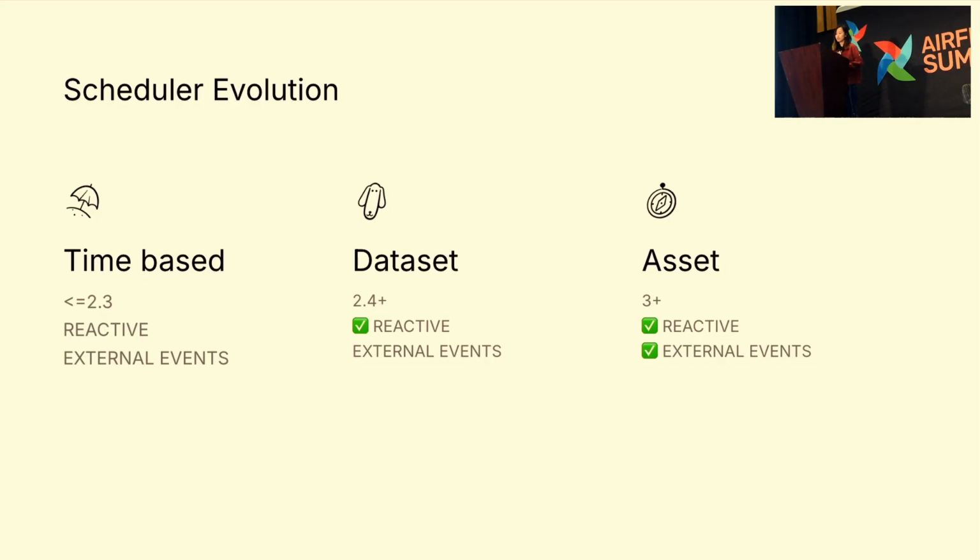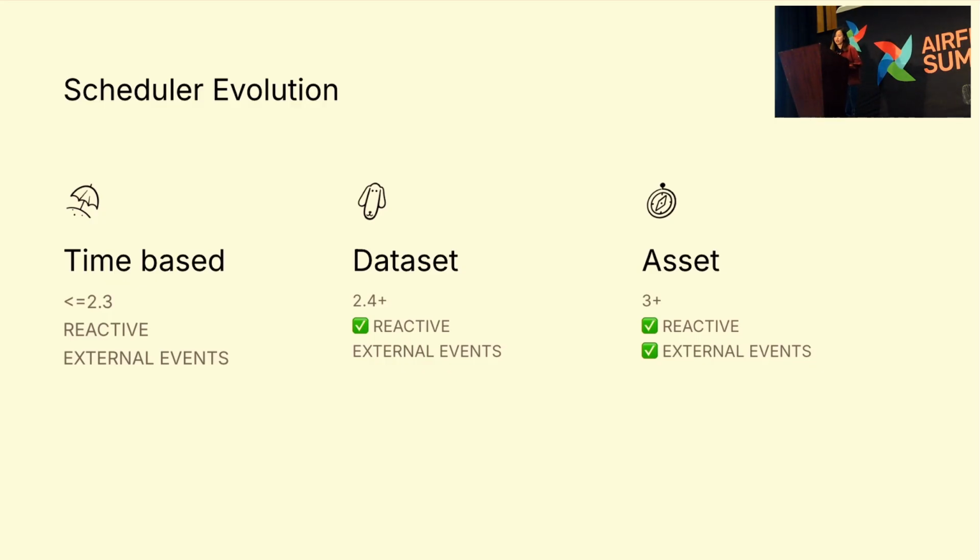And in the end, if your DAG is listening to external resources such as S3 or SQS messages, you could use the asset watcher to listen to those events that are happening outside. So this is perfect for near real-time or streaming adjacent use cases where you want to kickstart small batches quickly.